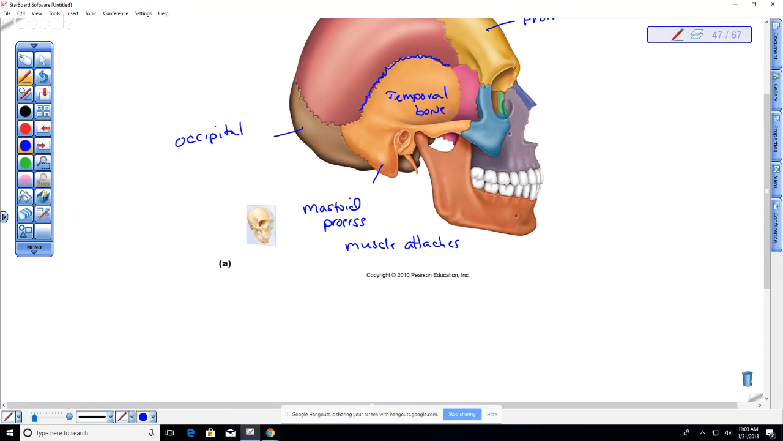This is the outer ear, which is the external acoustic meatus. It's a hole, but its function is that it allows sound waves to move into the skull where your inner ear resides. So where your cochlea is, where you're able to absorb sound energy, that's the opening for sound waves to enter the ear. We also have the mandible